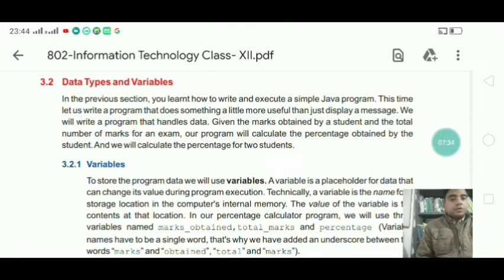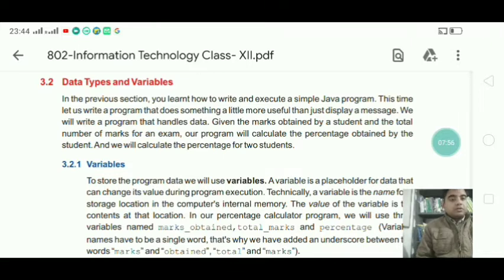Basically the data types of Java are divided into two main categories. First one is primitive data types and the other one is non-primitive data types.